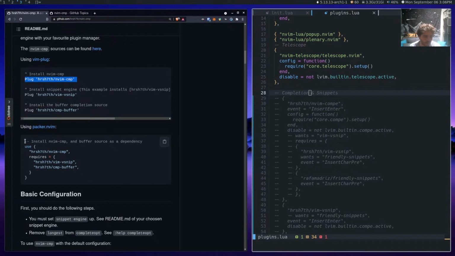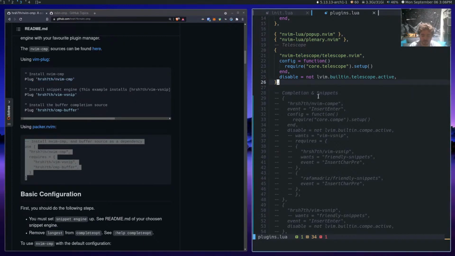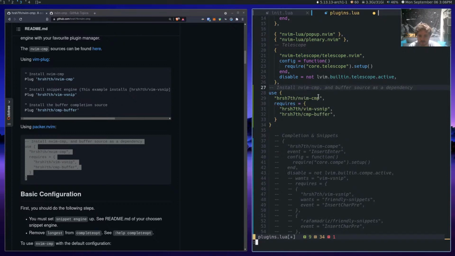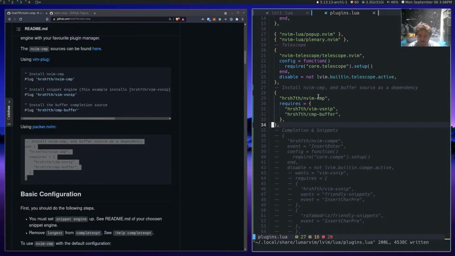Well, this is the one he recommends. This is with vsnip and buffer completions. It's going to look like we have a trillion plugins because of this, though. But then the user could pull in their own completion sources. But then again, we have to have some basic ones for sure.